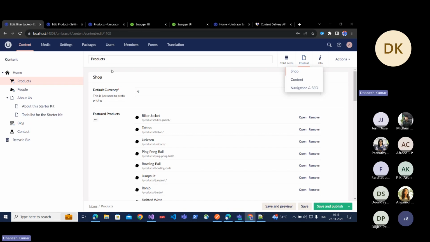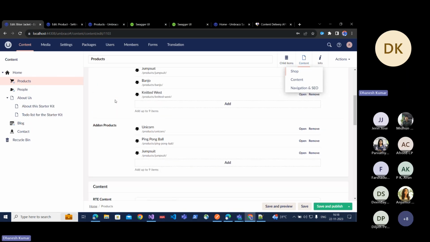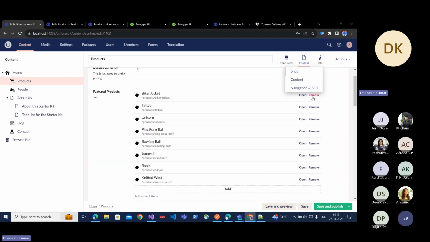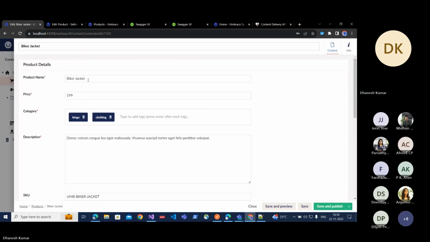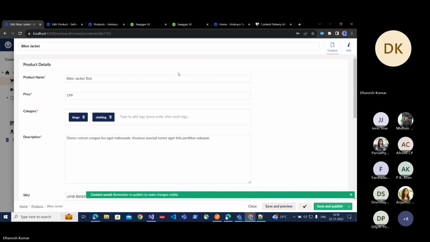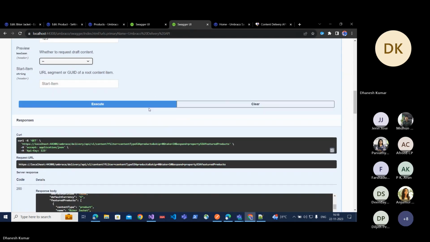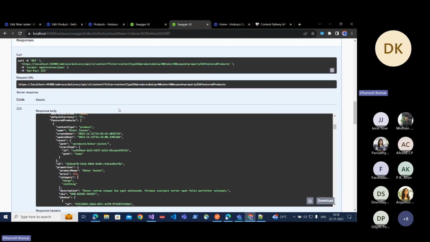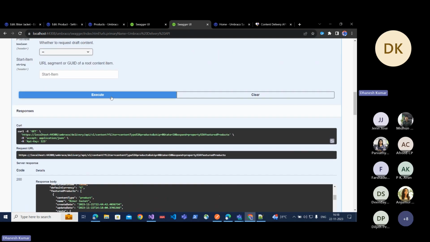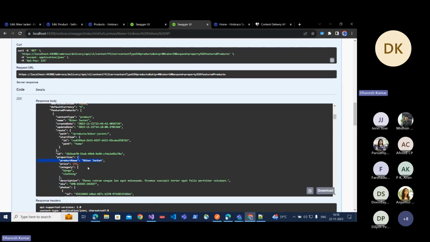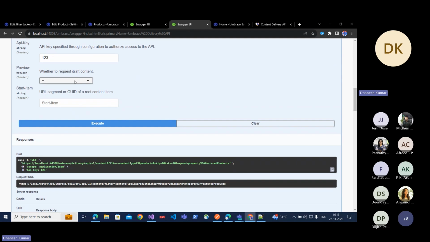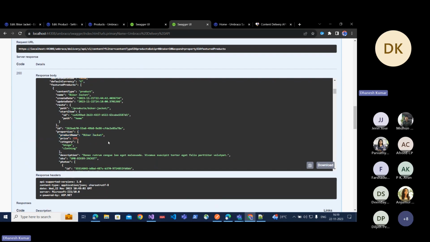I'm coming here and trying to change, let's say, this biker jacket name. I'm changing it to biker jacket test and saving it. With preview in the default mode, we can see the product name is biker jacket. So when we execute this, we can't see any changes. But when we change this to true and execute, then we can see the